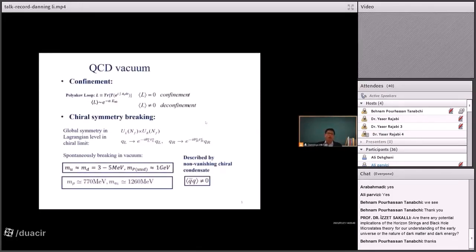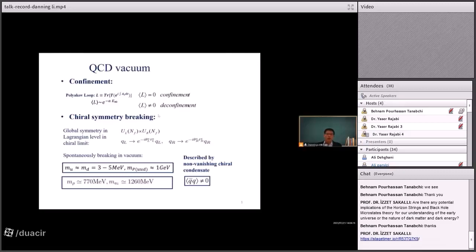We all know that there are two main properties of the QCD vacuum. One is confinement, which states that no colored objects could propagate freely over long distances in the QCD vacuum, and it's described by the vanishing of the Polyakov loop. The other is related to the main topic of this talk, the spontaneous chiral symmetry breaking. We know that the QCD Lagrangian in the chiral limit is invariant under such a transformation. However,